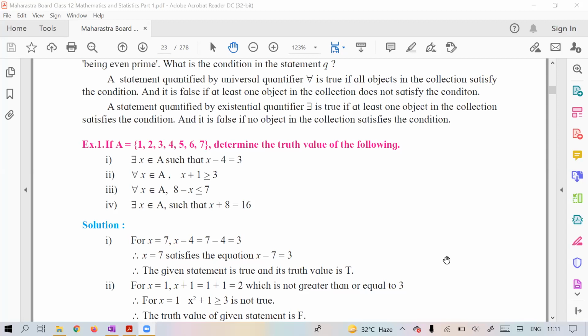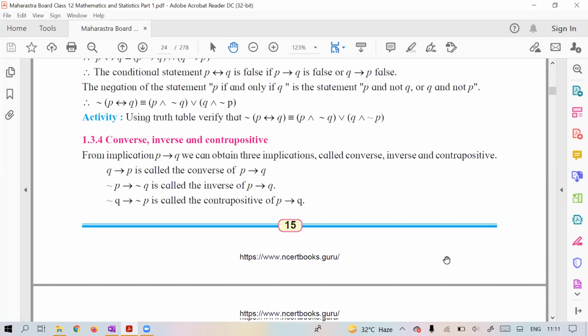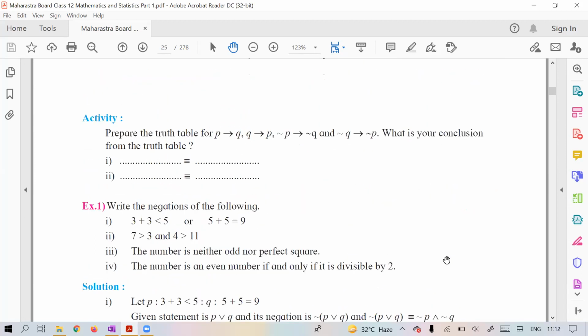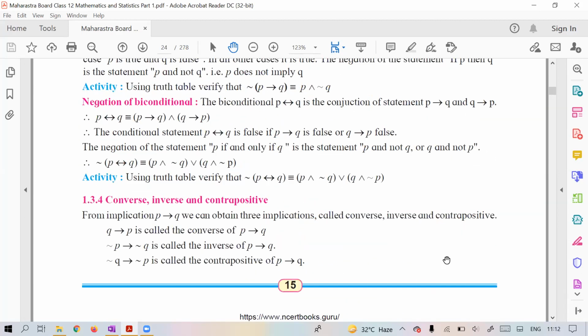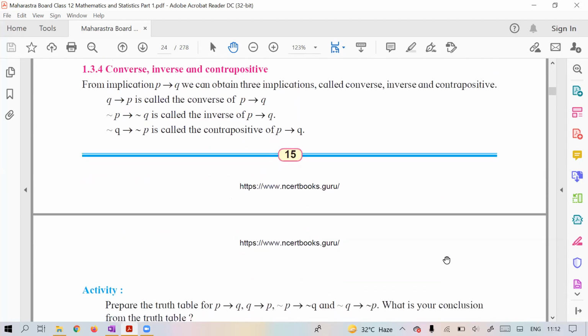Okay, so you can see the screen now. What we have done is qualifier and quantifier. You have access to this book, so you can read that. We have to learn about converse, inverse, and contrapositive. We were here. In the last class, we wanted to discuss this, but could not. Converse of a statement, inverse of a statement, and contrapositive of a statement. Regarding that, we'll discuss if-then statements. So we'll see this.